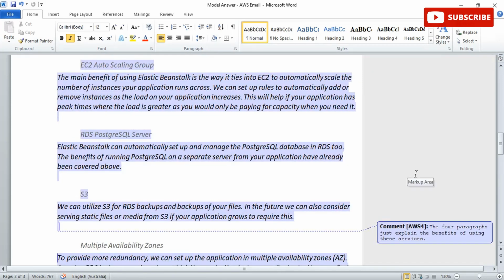So its environment is in three parts: a load balancer, EC2 compute instances, and an RDS PostgreSQL server. Also for the Elastic Load Balancer, in the four paragraphs you just need to explain the benefits of using this service. Whenever you are selling something to the client, you need to be sure that all the benefits are listed so clearly that